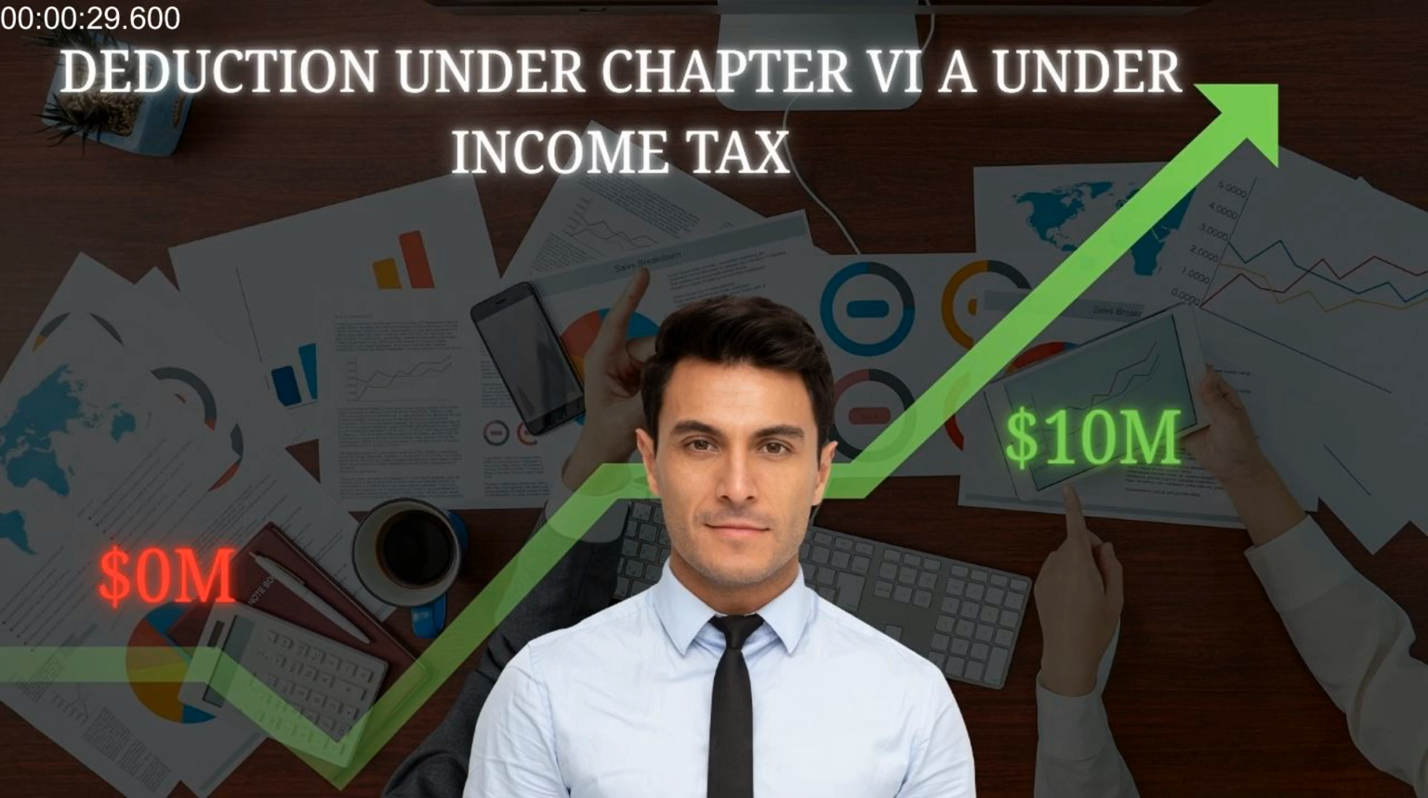Section 80C, 80CCC, and 80CCD. This group of sections provides a combined maximum deduction of 1.5 lakh rupees. They are the most popular tax-saving options for most salaried individuals. Section 80C covers a wide range of investments and expenses, including life insurance premiums, contributions to Public Provident Fund, PPF,